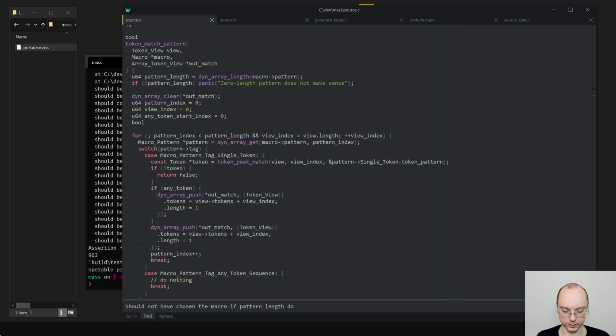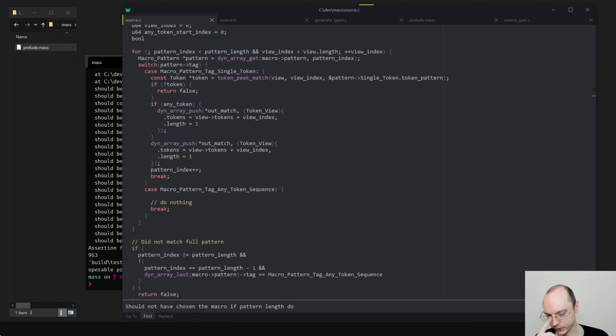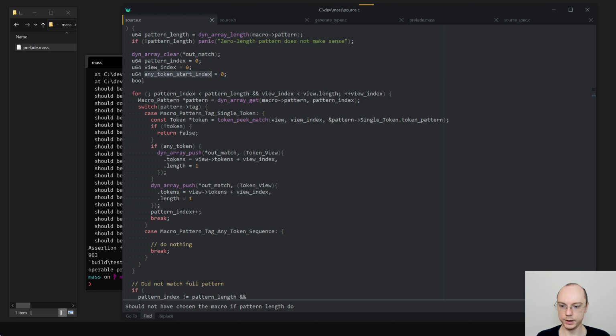Okay, let's do a verbose version. If I can simplify it later, I will do it. So basically the idea is when we get to here, let's maybe start with this case. It will be easier to explain what's going on. When we get to a sequence, we need to save our start index, which is going to be u index, right? So let's even be more explicit. That's any token start u index. We start where we started in the sequence, right? And now